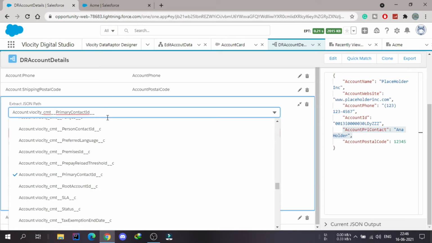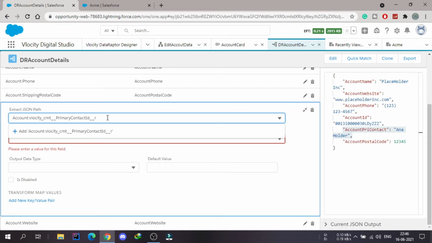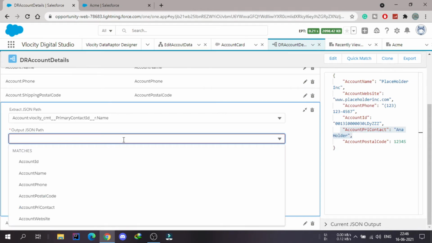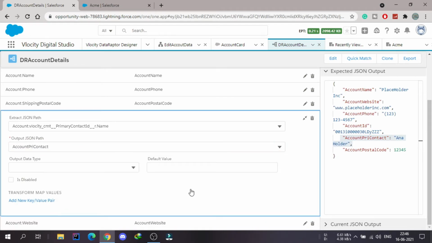Instead of C we need to use the R to specify that this is a relationship query, and here we need to use dot name. If I will use this, it will get the contact details and then it will go to that object and then it will extract the name from there. So I need to make it as account primary contact, so I will name it as this.